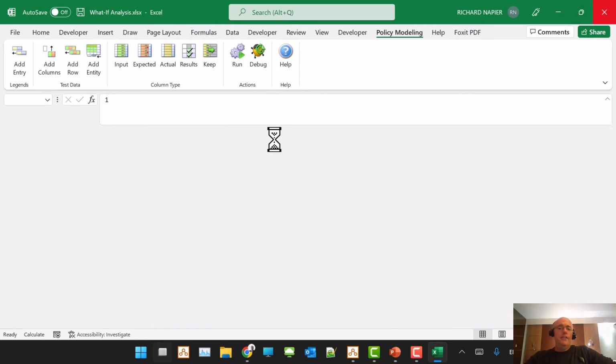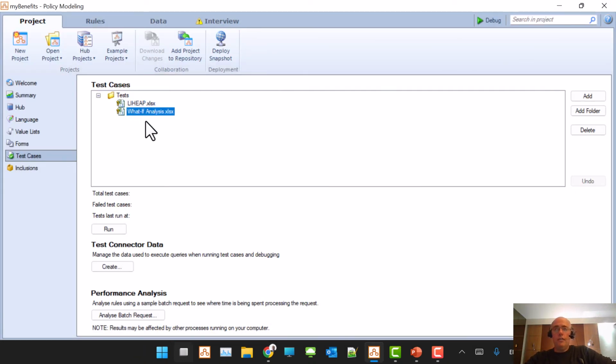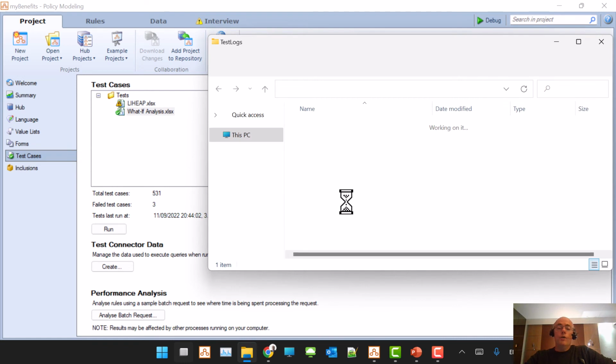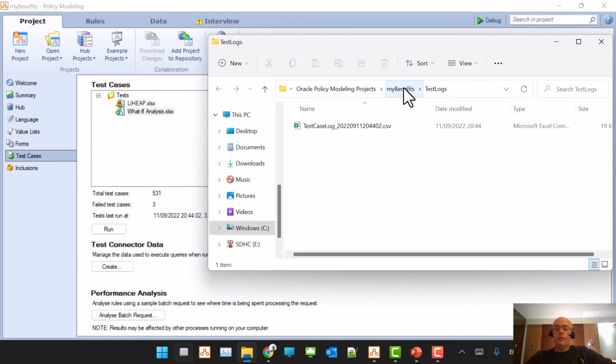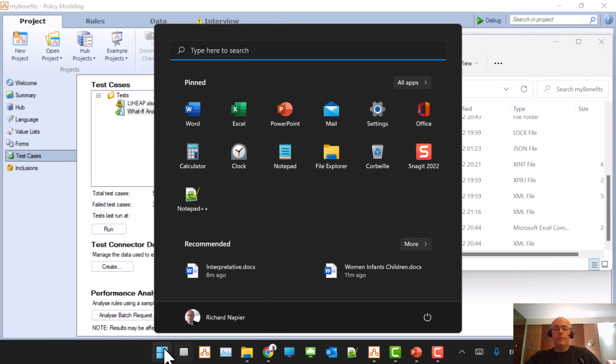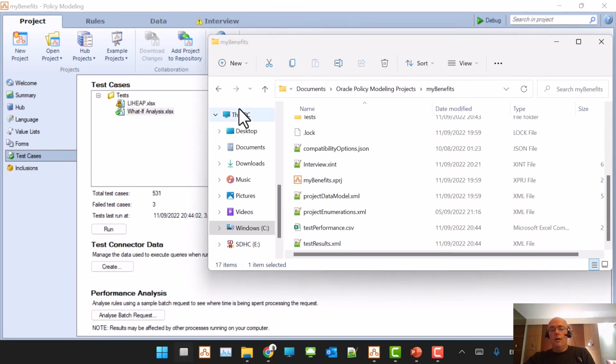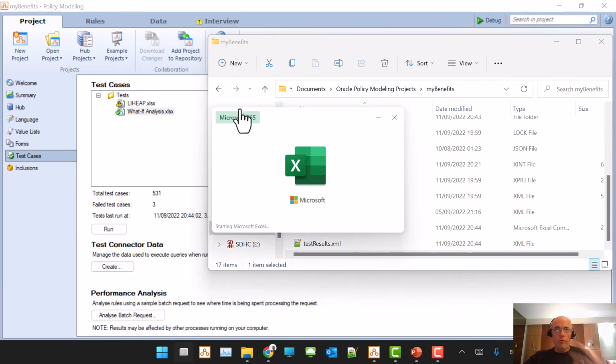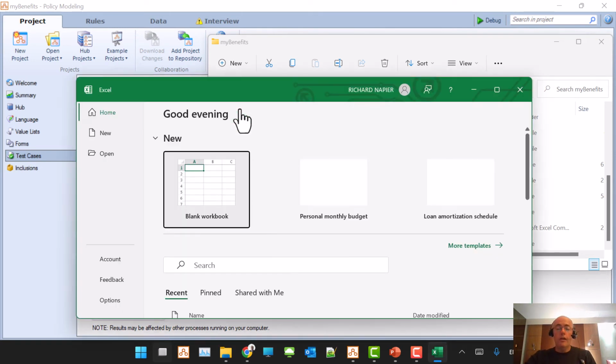It's very good. And the other reason I like it, of course, is that with such heavy-duty and well thought out test cases, when we run them all, we can then remind ourselves that when you're running test cases like this, you will get obviously vital information for regression testing. So in this case, you can see that 3 test cases have failed. But the reason I want to talk about it at the moment is because, of course, within the process of generating those test case results, we also get the test performance file. So the test performance is a great way of identifying the most costly, in terms of execution time, of the relationships, of the rules, or whatever it is. So it's a great way of understanding how the time is spent when your